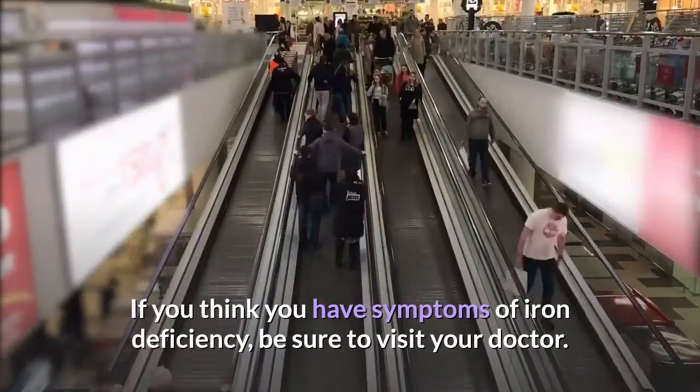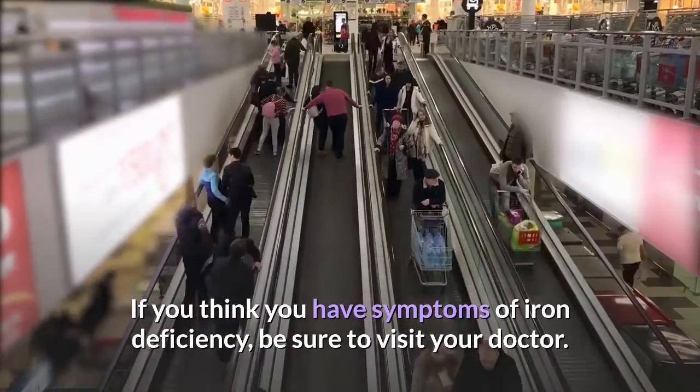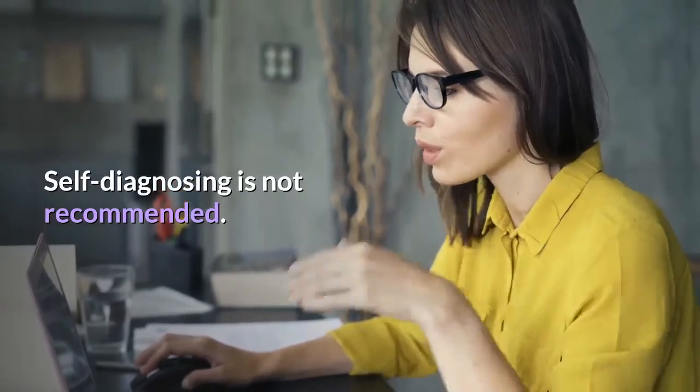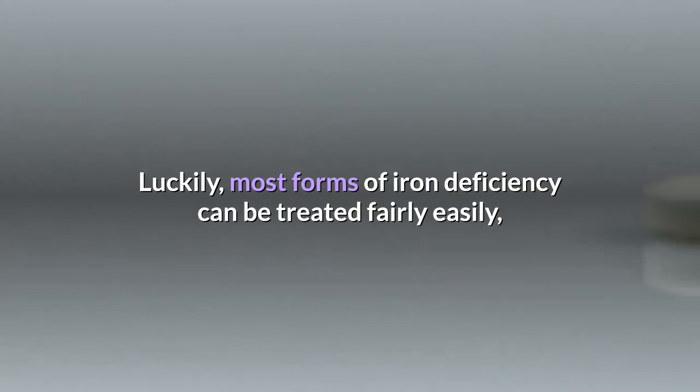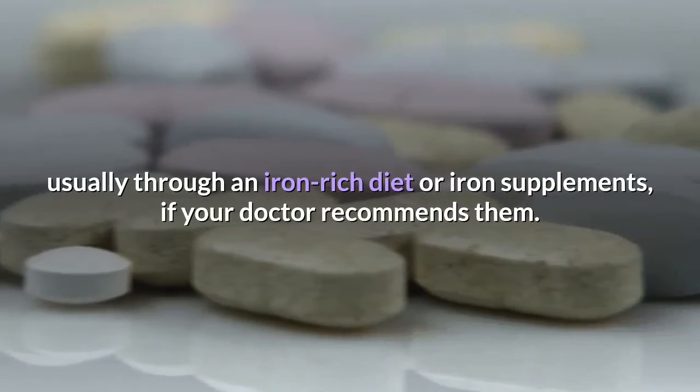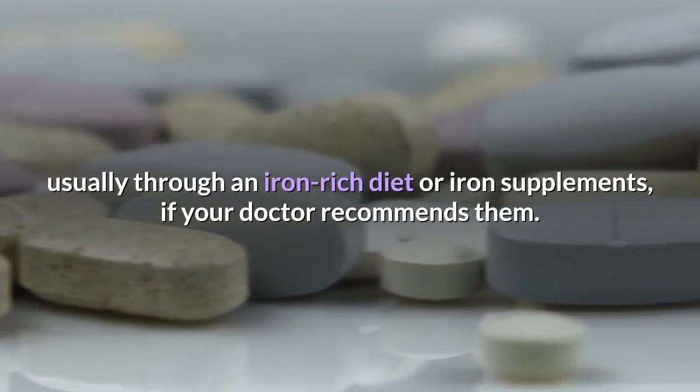If you think you have symptoms of iron deficiency, be sure to visit your doctor. Self-diagnosing is not recommended. Luckily, most forms of iron deficiency can be treated fairly easily, usually through an iron-rich diet or iron supplements, if your doctor